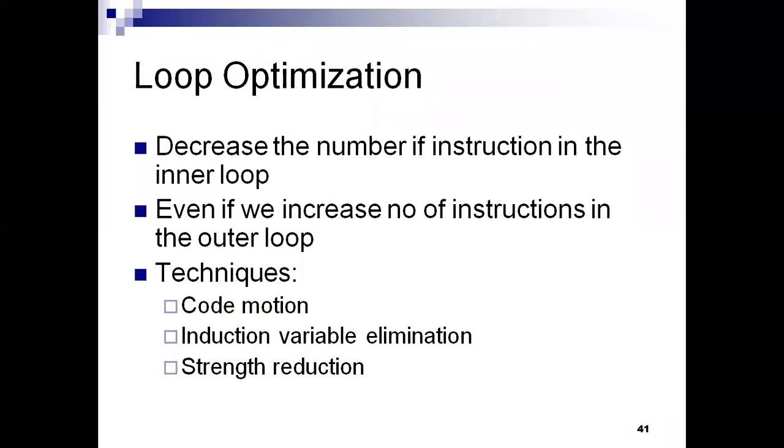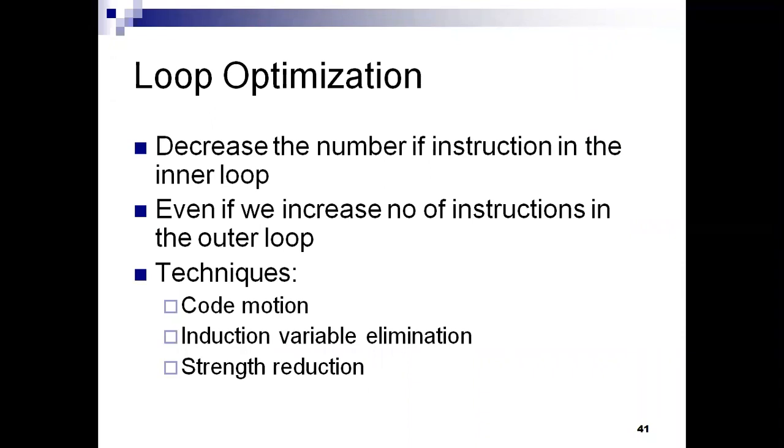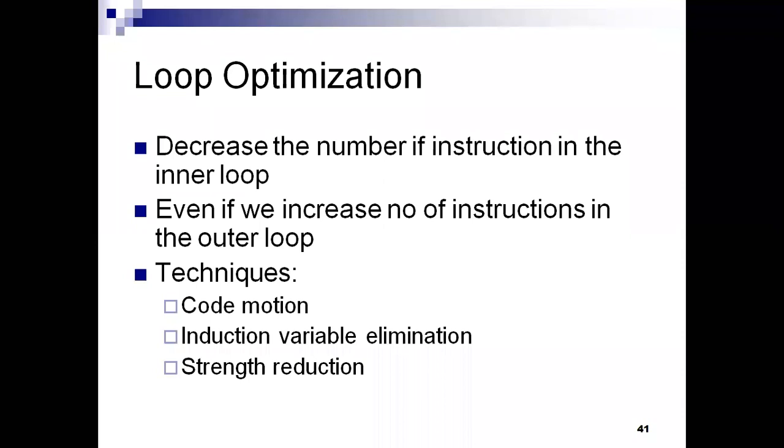Today I'm going to discuss a concept called loop optimization, which is one of the techniques in code optimization. In yesterday's class I explained the scope of operations and the types of scopes in code optimization, and then the principal sources of optimization, and various transformations in the principal sources of optimization. In today's class I'm going to explain loop optimization.